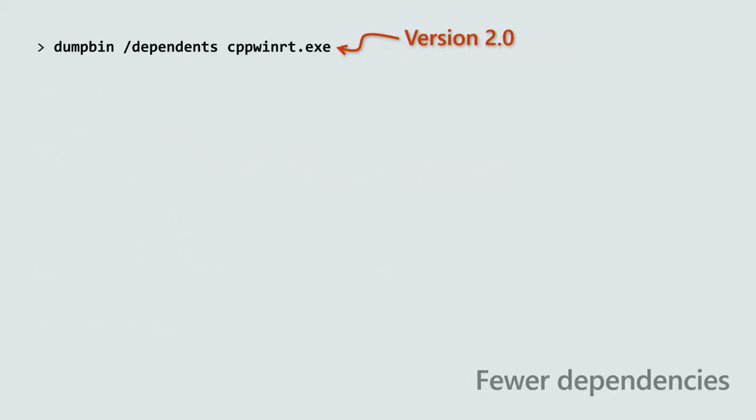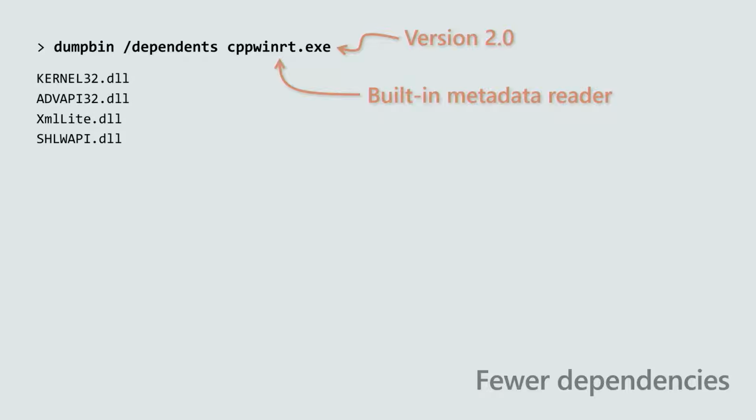And so with version 2, incidentally, that rometadata DLL is really the implementation of the metadata parser for WinMDs, and that's what we used in version 1. In version 2, we have a brand new metadata reader, the source code of which is included with C++/WinRT, so that dependency is now gone. In fact, this is the full list of dependencies for C++/WinRT 2.0.